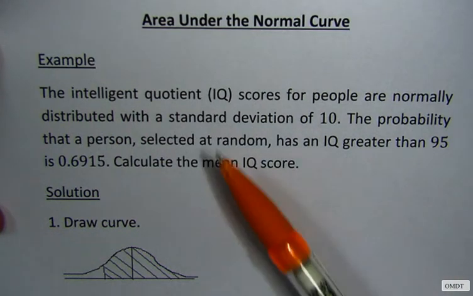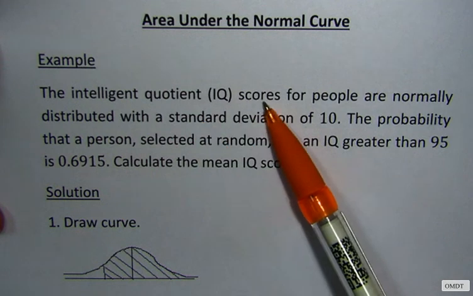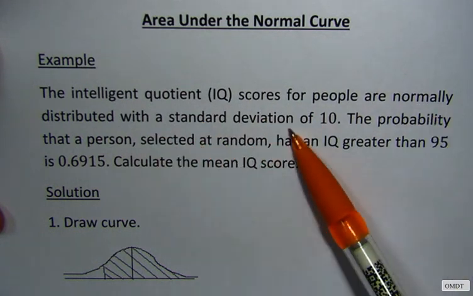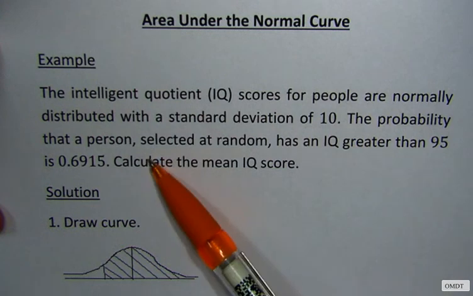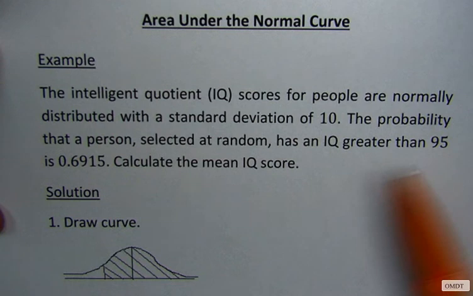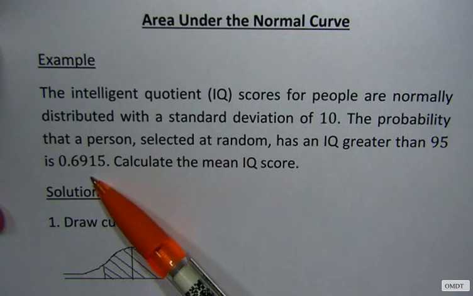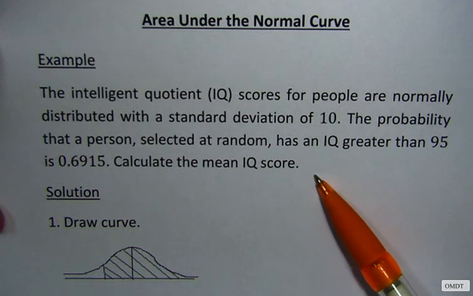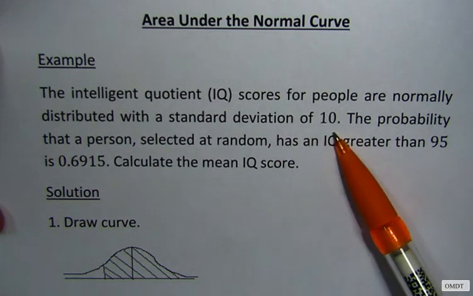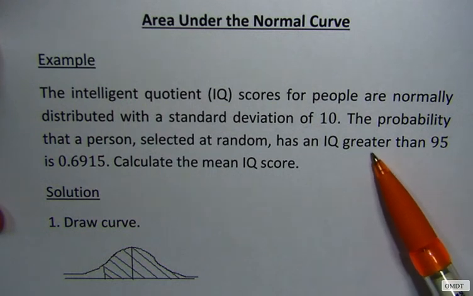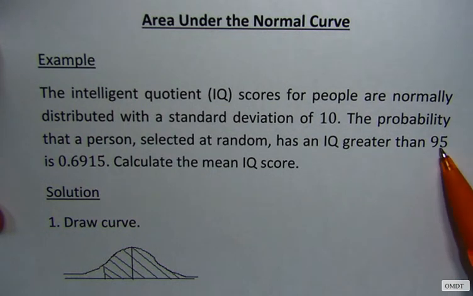Our question reads, the intelligent quotient score for people are normally distributed with a standard deviation of 10. The probability that a person selected at random has an IQ greater than 95 is 0.6915. Calculate the mean IQ score. Okay, so we note that our standard deviation is 10, and that the probability for an IQ greater than 95 is